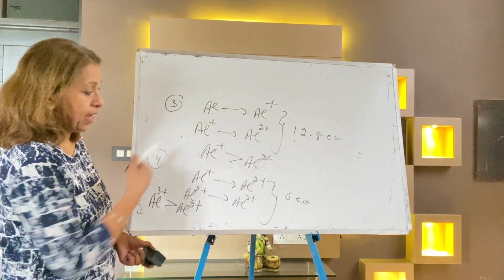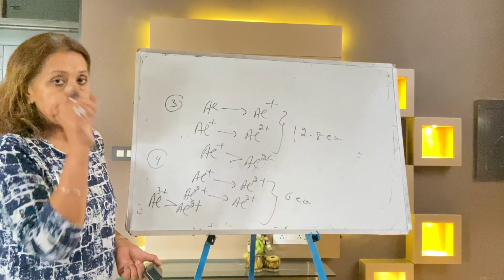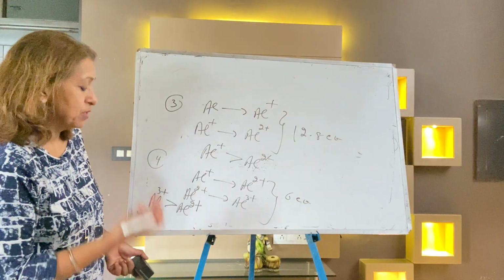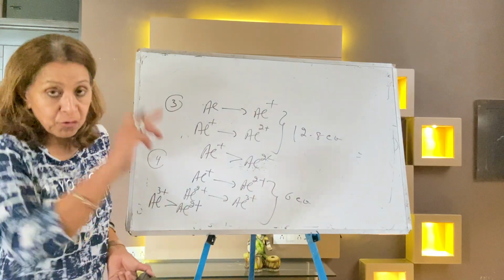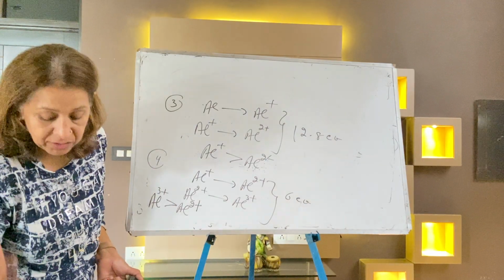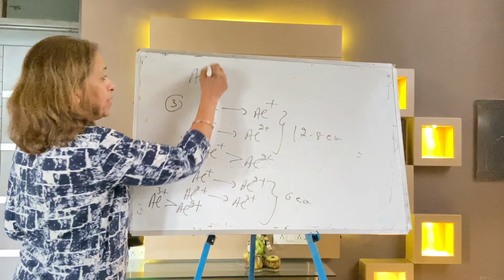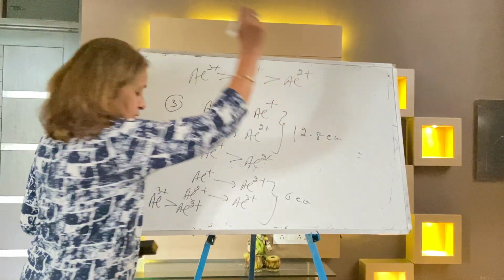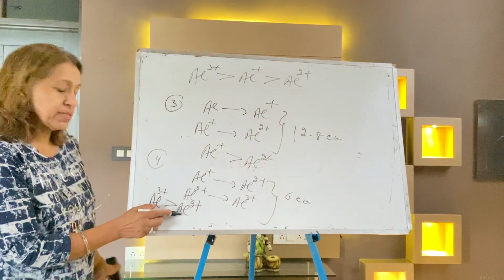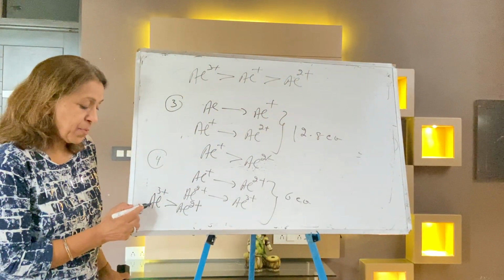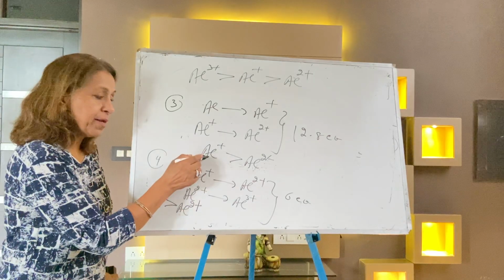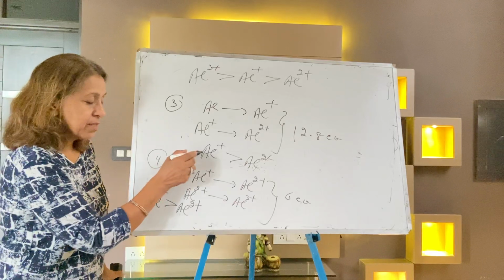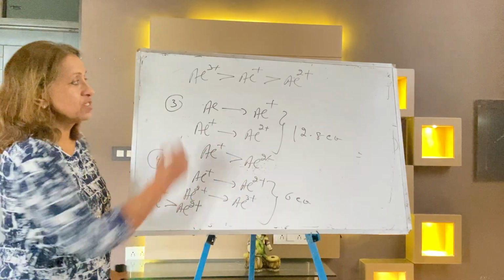Now you can make the order. Out of aluminium plus, aluminium 2 plus and aluminium 3 plus, which is stable? There are 4 options given, so you have to crack the right option. The right option is aluminium 3 plus greater than aluminium plus greater than aluminium 2 plus. Aluminium 2 plus is always at the back. Aluminium 3 plus is more stable than aluminium 2 plus, and aluminium plus is more stable than aluminium 2 plus. Who comes first? Aluminium 3 plus, then aluminium plus, then aluminium 2 plus. This is the stability order.